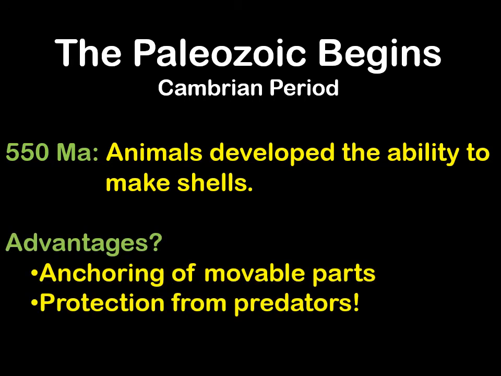And there are some great advantages of this. First of all, you can have really, really strong muscles, but it really helps if you have something hard to anchor them onto. So hard parts give organisms a substrate to anchor movable parts and their muscles to. And obviously, shells are armor. It's great protection from predators, which also means we now have predators at this time as well. So there's this nice kind of evolutionary arms race going on where you have organisms that are going to develop hard parts to keep themselves from being eaten. And that's going to then push a drive for the carnivores to develop ways of getting around that armor system. And it keeps developing today.